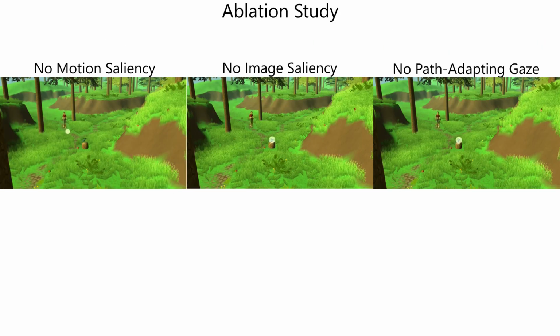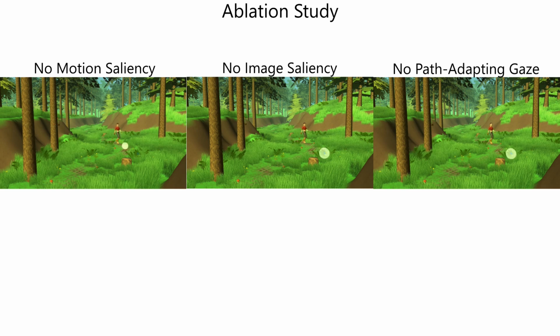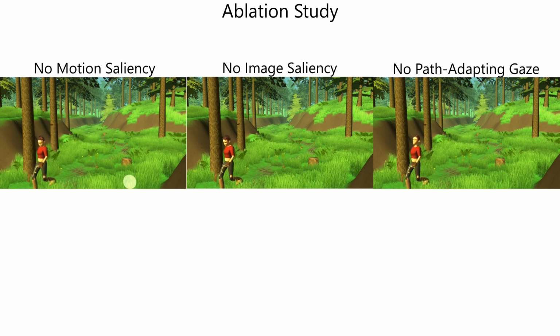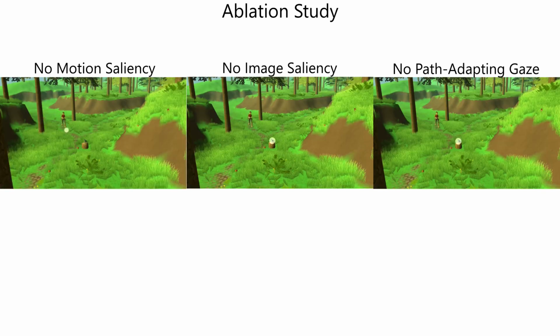Here, we present an ablation study applied to one of our test scenes. In the first example, our character is unable to perceive motion, which makes it so that it completely ignores the birds and butterflies along its path, while focusing on salient points on the terrain and vegetation. The opposite happens in the case where we do not consider image-based saliency. The character is very attracted to motion and ignores the salient vegetation. Finally, having the character not look and anticipate its path while walking can also seem unnatural, as we often remain attentive to where we are going in locomotion tasks, even in explorative contexts.